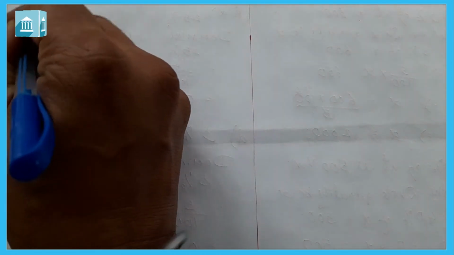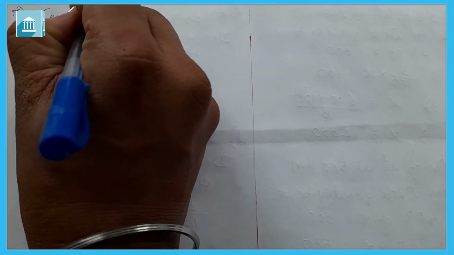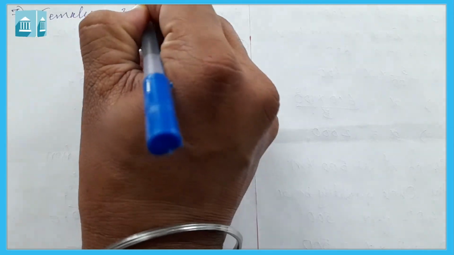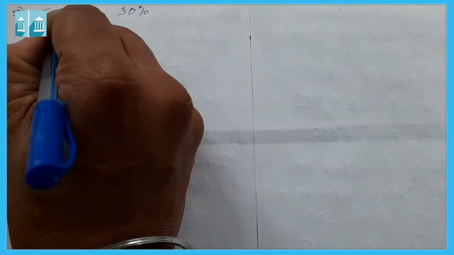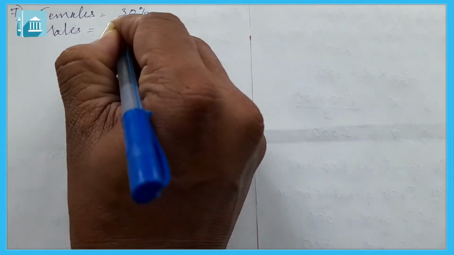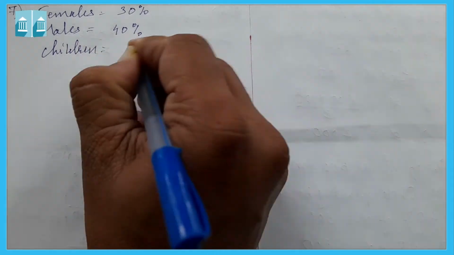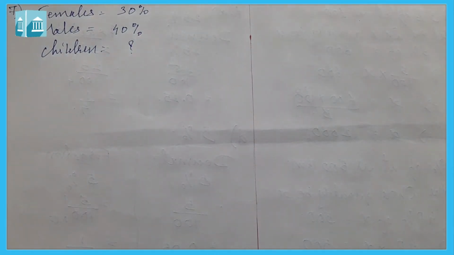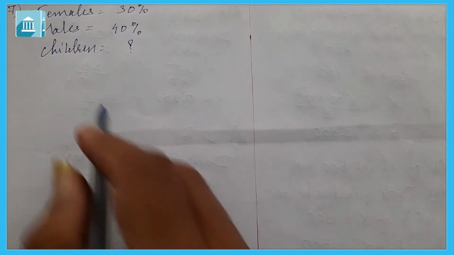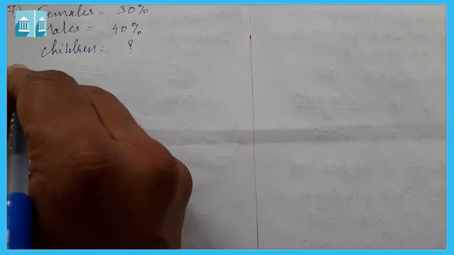Now let us see question number 7. In question number 7 it is given that in a city 30% are female, 40% are male. It is given here females is equal to 30%, male is equal to 40%, and children we have to find out. Remaining are the children. What percent are children? So we all know that the total percent is 100, so we can say that